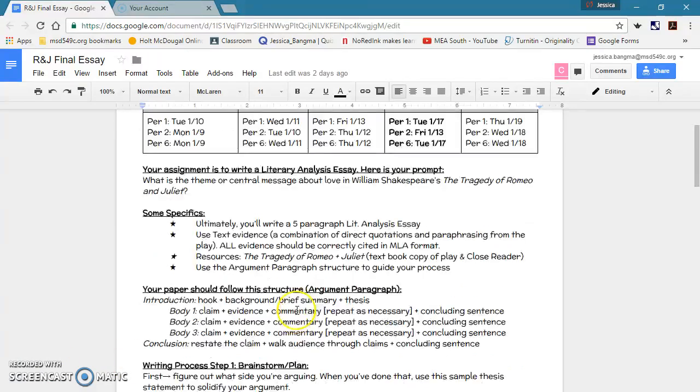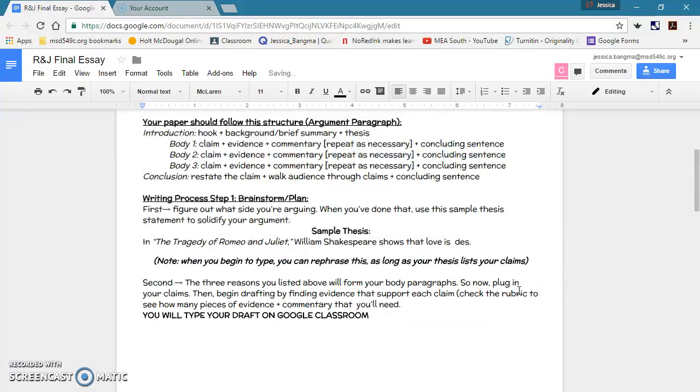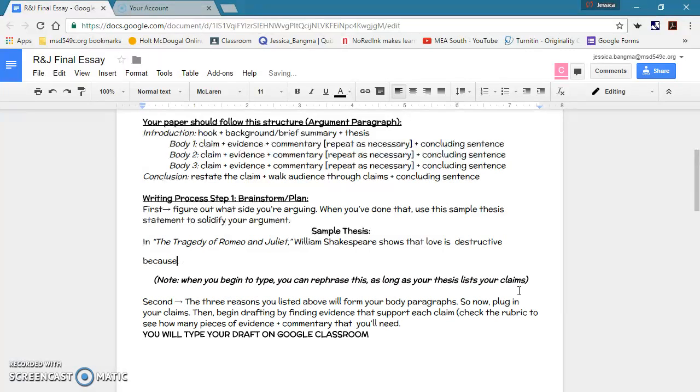Now, the first thing that you need is to make sure that you have a clear thesis statement, which we've been working on in class the last couple of days. And as you know, my sample is that Shakespeare shows that love is destructive. And I have 3 reasons why love is destructive. One reason is that it makes humans overly emotional. That's going to become the basis for my first body paragraph and the claim that I'm going to use in